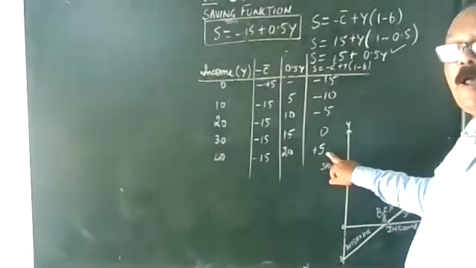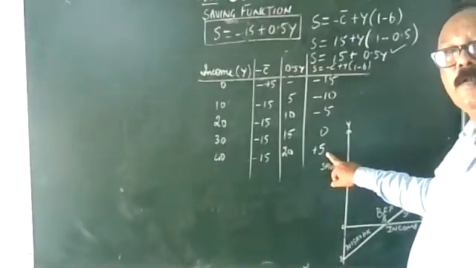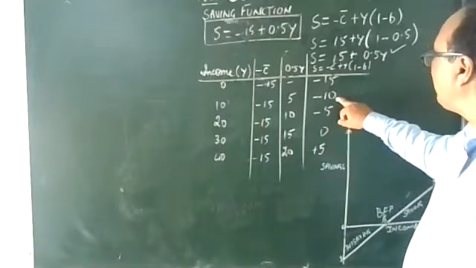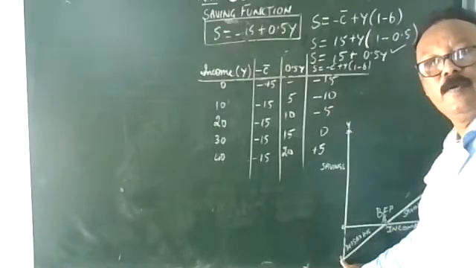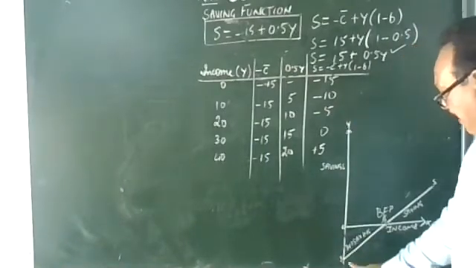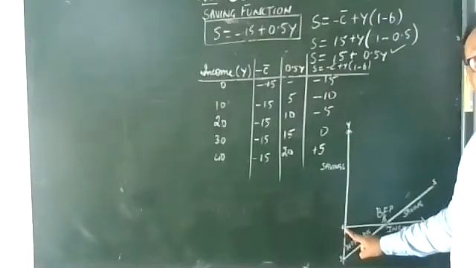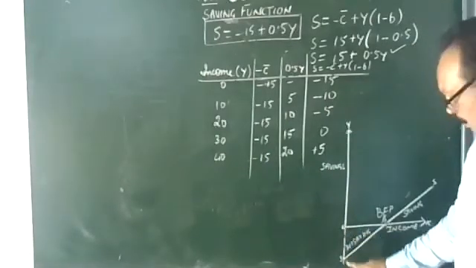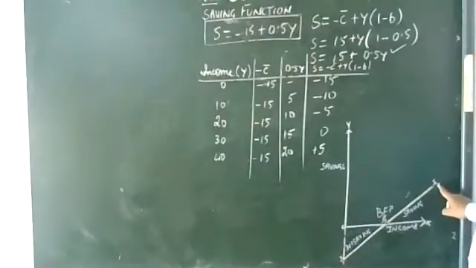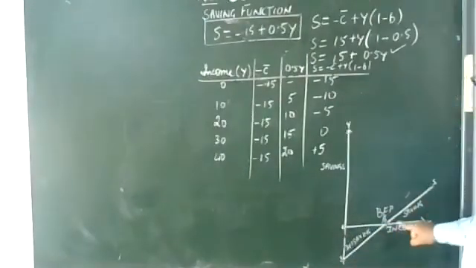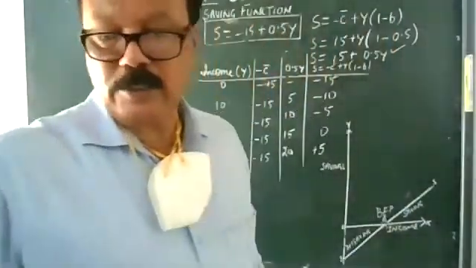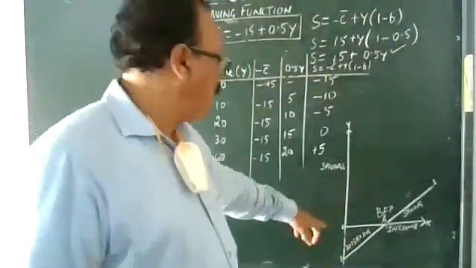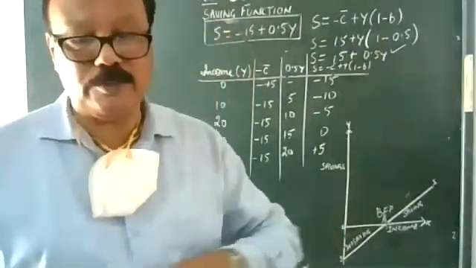Here, since it is only one value, I did not draw it to the scale 5. The rest is all minus 5, minus 10, minus 15 will be over here. So the saving line begins from below the income line on the x-axis, and this saving line, when it cuts the income line, is the break-even point. So now write down the observations after drawing this.